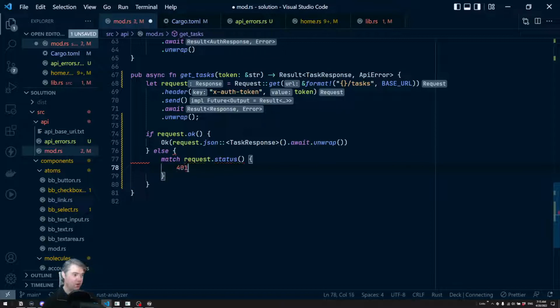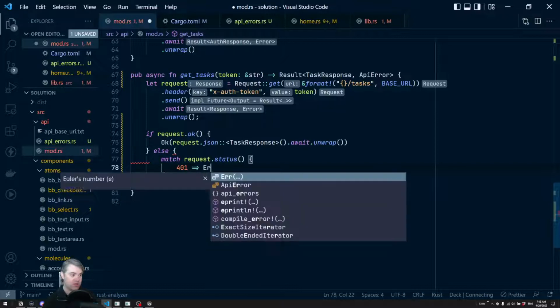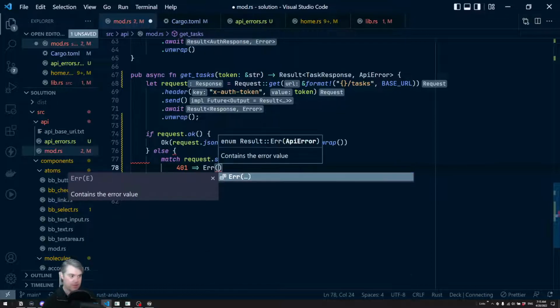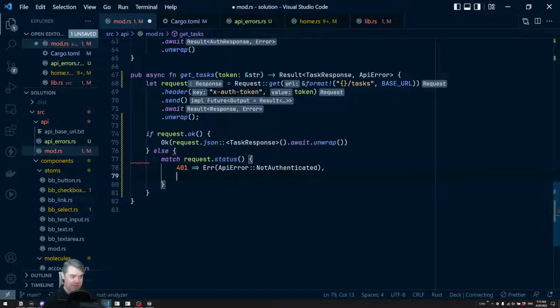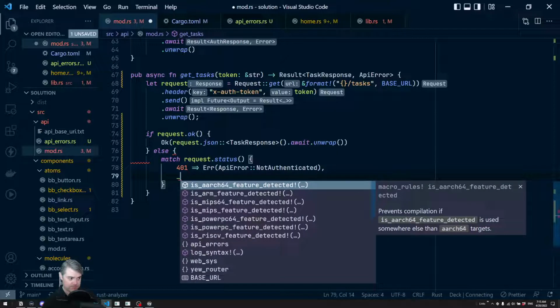So if this is a 401 error, what do we want to do? We want to return an error. And then inside of that, we want an ApiError, NotAuthenticated. Okay. And I believe we have to do an into on that, but we'll wait until it yells at us. Now, everything else,